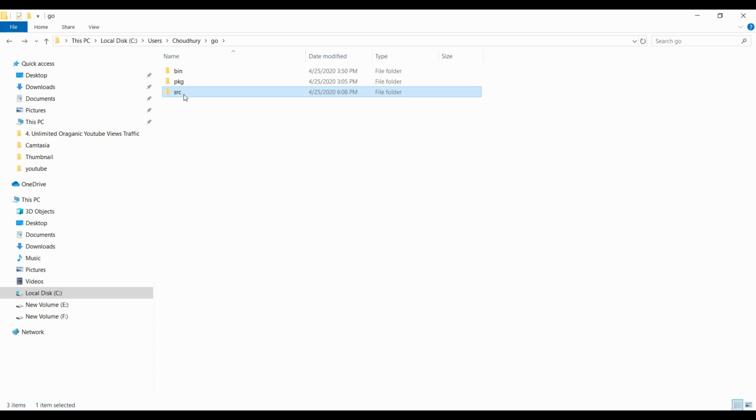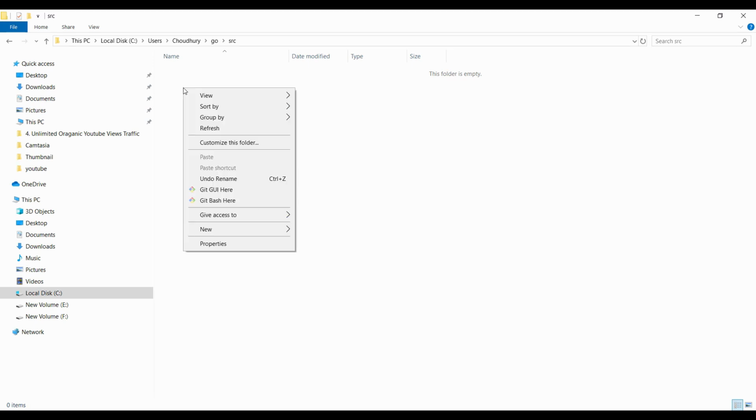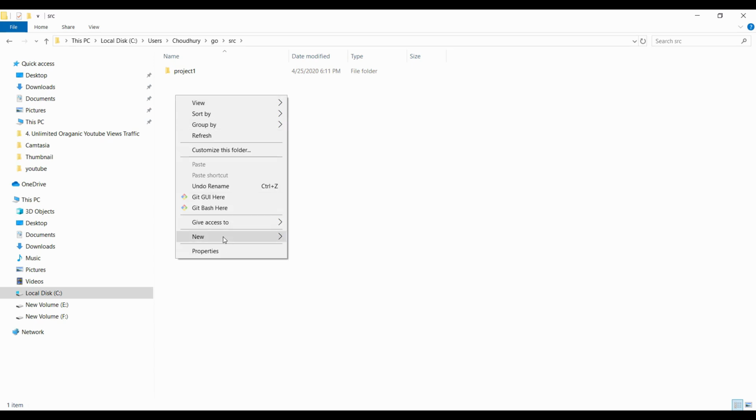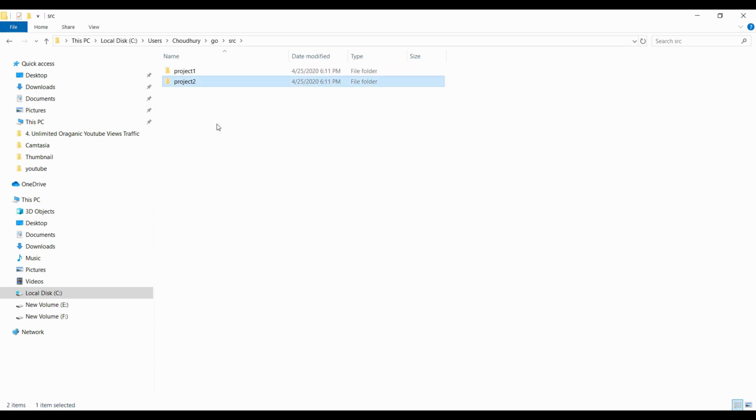If you have installed a lower version of Go, lower than 1.11, then all your Go code should be inside this src directory. All your Go projects will be inside this single workspace. Let's say I am creating a project folder and giving it the name project1. So this is one project. Here you will keep the source code for this specific project, and if you are working on one more project, you can create project2 and keep your project code inside this single workspace. So multiple projects are inside this workspace only.